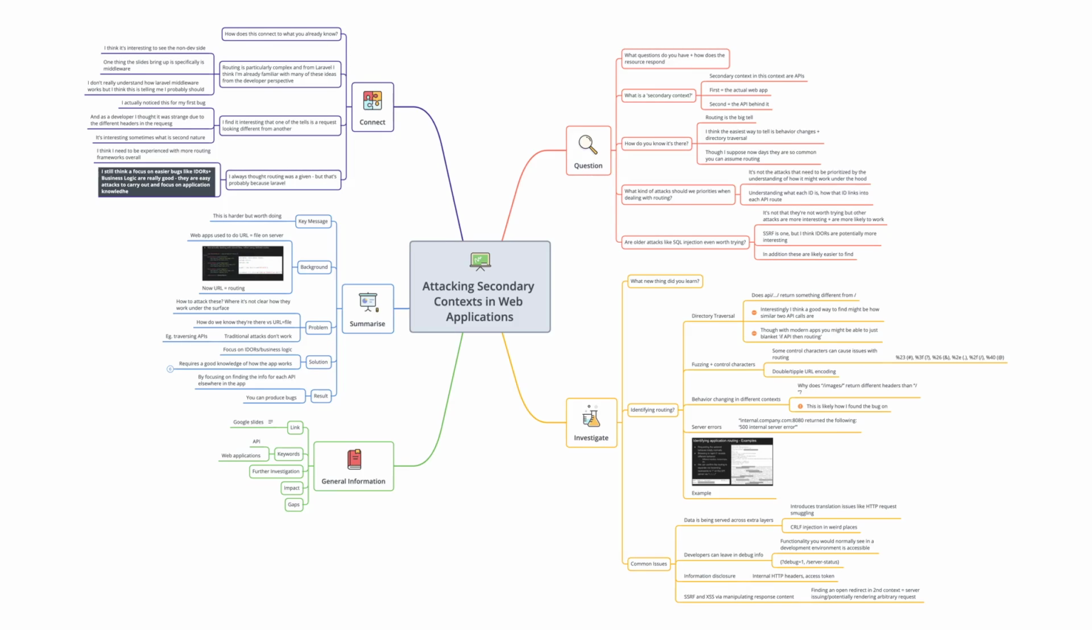Right. This is a mind map, and don't worry if you can't read it because it isn't important, because I'm going to highlight it. So this here is what I'm watching. In this case, I was reading some slides, which is attacking secondary context in web applications. So I have from here these 5 options. So here we have general information, so that's a link to it, keywords,